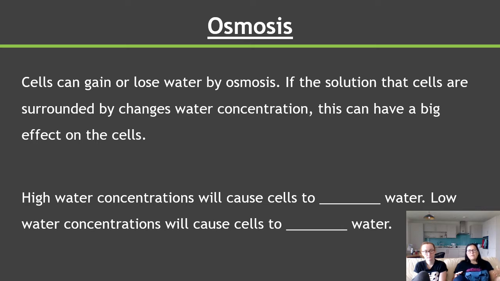Now, if the solution that cells are surrounded by changes the water concentration, this can have a big effect on cells. So say I was to put a cell into a higher water concentration, then the cells will gain water because there's a higher concentration outside, lower concentration inside, water will flow in. Equally, the opposite is true. Low water concentrations will cause cells to lose water. If there's a high concentration inside the cell and a lower concentration outside the cell, water will flow out